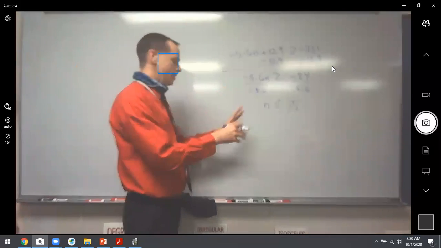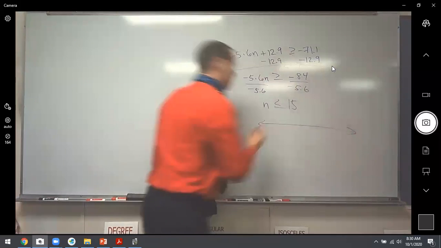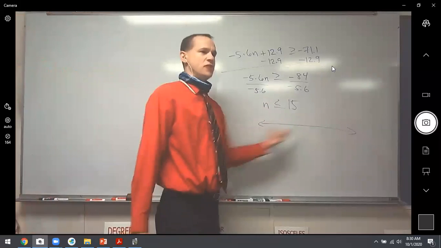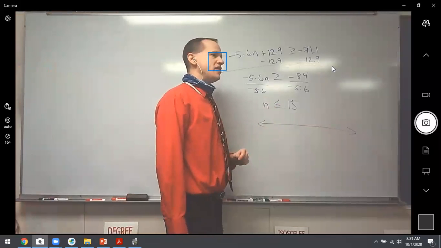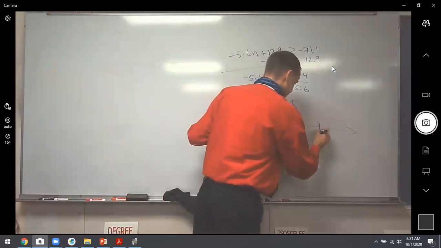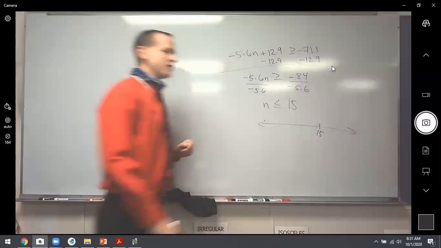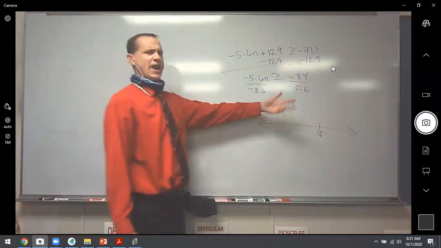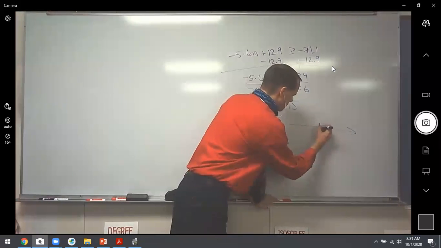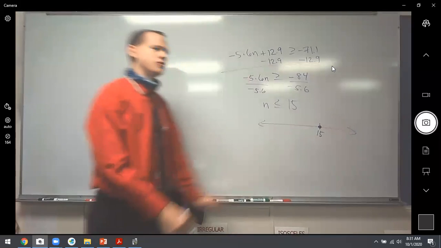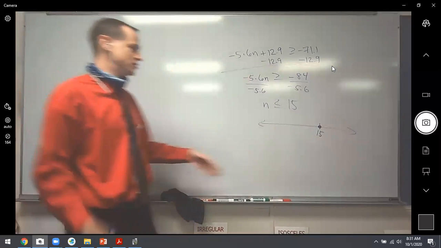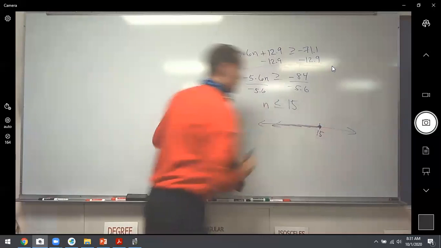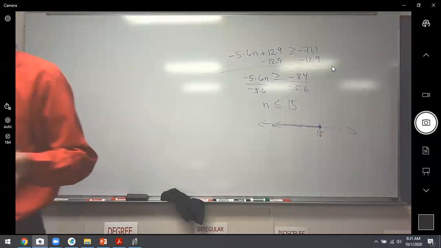All right, let's get a visual. On the number line, what does that look like? Well, normally it's x's, right? But n's, x's, who cares? It's whatever we're doing. Anything less than or equal to 15. So you go find 15, right? On the number line, should I have a closed dot or an open dot? Closed, very good. Okay, because it can equal 15, right? So nice, big, clear to your teacher kind of filled in circle there. And all the ones less than it. So things less than 15 are over here. And you would literally be shading to the left with an arrow saying, hey, 15 and everything less than over